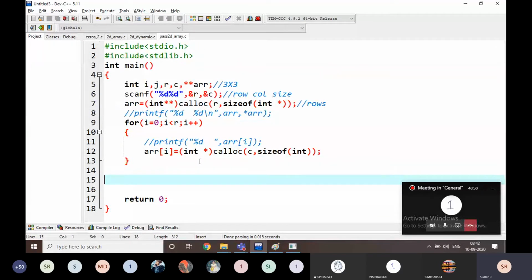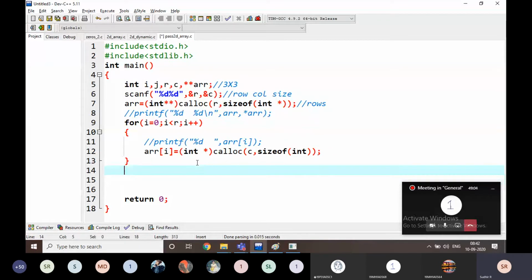Now I am going to pass this 2D array into a function. How are we going to pass this one? Passing ARR is enough, ARR, R, comma C. We are going to pass the row size and the column size. If it is a single dimension array, there is no need to pass two values, right? One size is enough. But here, how many sizes are there? Two sizes. One is for rows and the second one is for columns. That's why I'm passing ARR and R and C also.